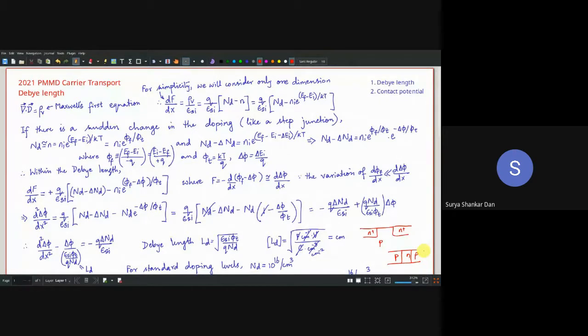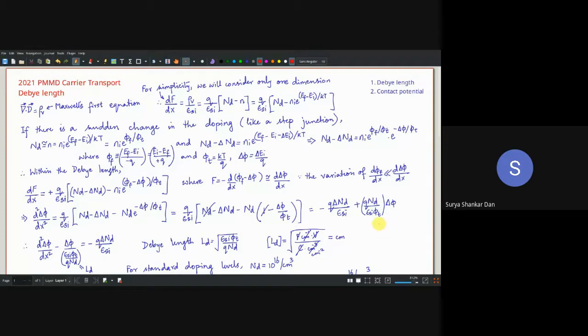So now the problem which we are going to face is that no matter how good your technology is, that means the fabrication technology, you are never going to have a perfect step kind of junction. Okay, and that is what you have to keep in mind when you are making the circuits, or when you are considering the devices for the circuits. Okay, so let's understand this.